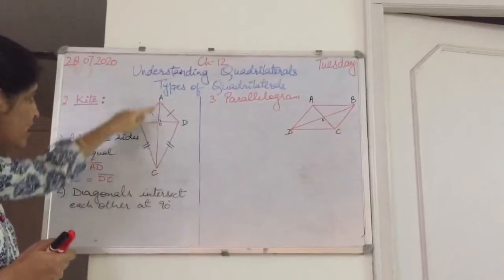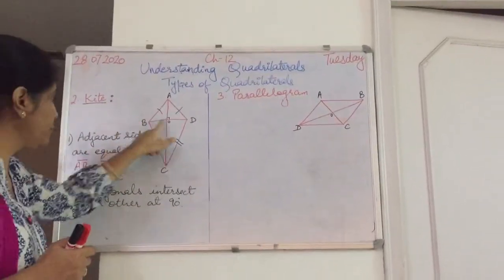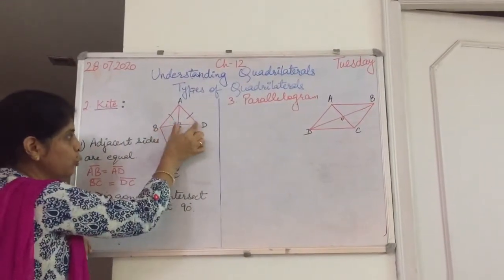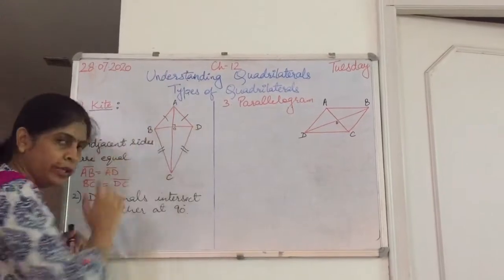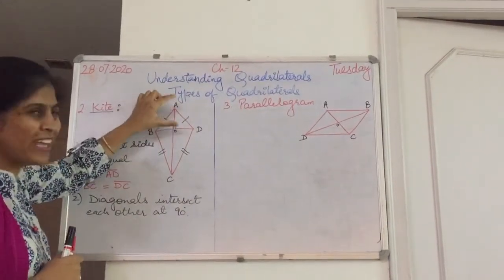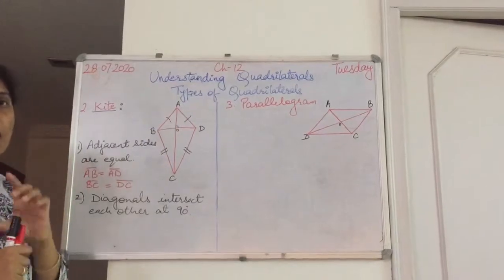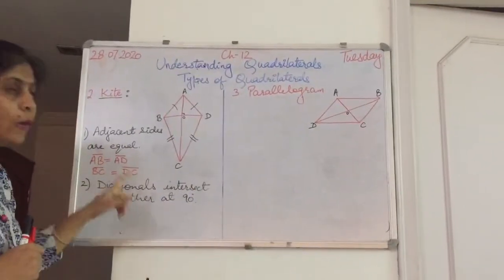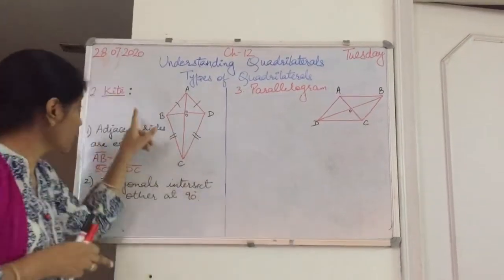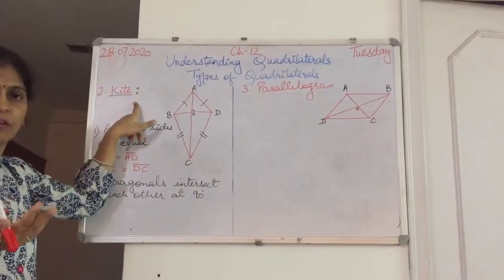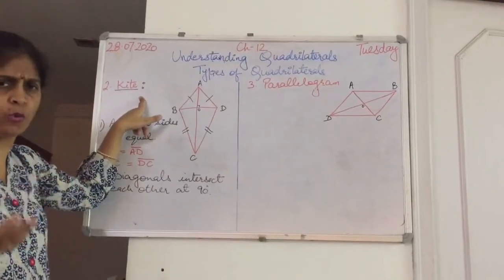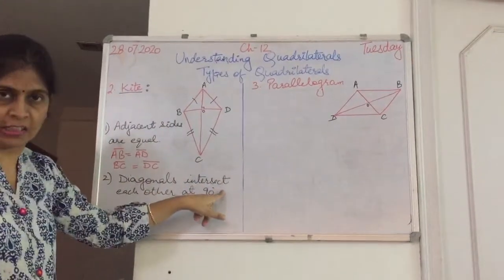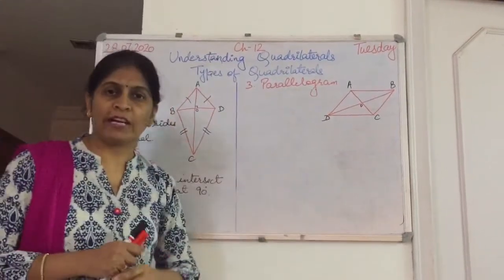But when we talk about this AC diagonal, there are two diagonals, BD and AC. Now BD is divided into two parts, BO and OD. But in this case, OA is shorter and OC is longer. So we will not say bisect here, we say intersect. Only in the case of kite. Trapezium has diagonals, but there is no property based on them. But in the case of kite only, we call it intersect. The rest of all the types have bisect.